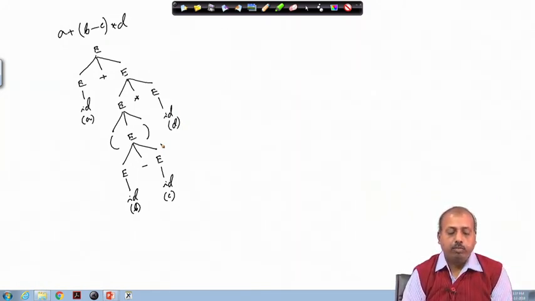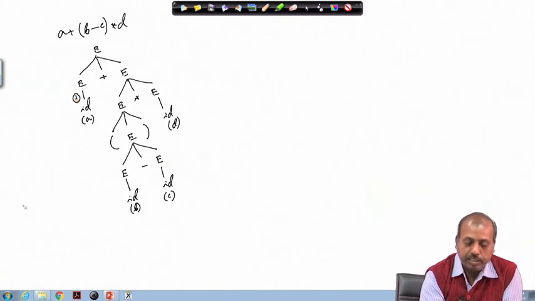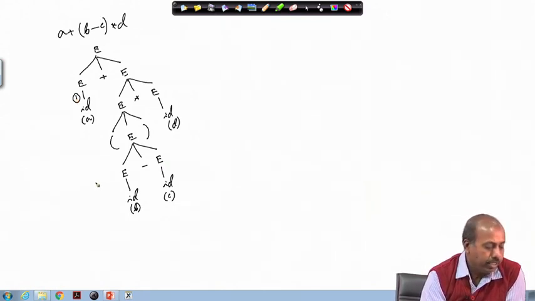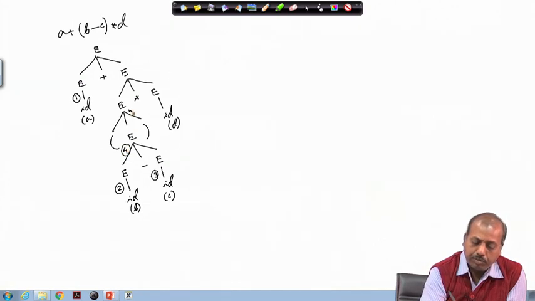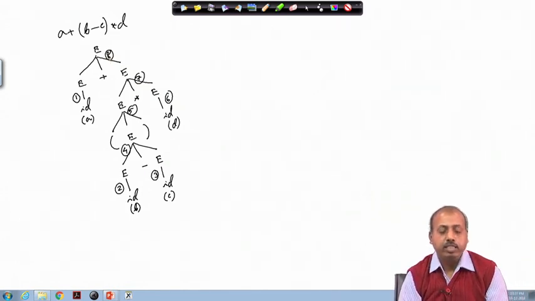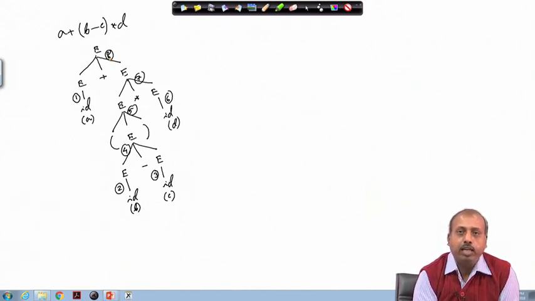So, next job is to number the reductions. This reduction will be done at the beginning, so this is the first reduction, then this is the second reduction, this is the third reduction, after that this is the fourth reduction, this is the fifth reduction, this is the sixth one, this is seventh one, this is eighth one. So, how am I doing this? I am just looking from the leaf nodes, from leaf reductions from left to right, and whichever reduction is possible I am marking them.